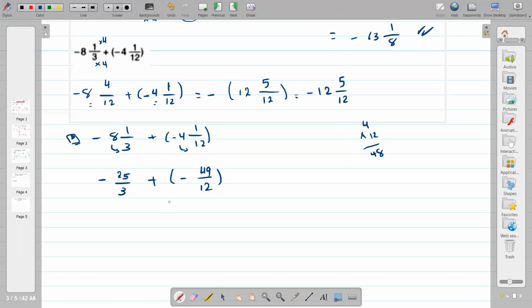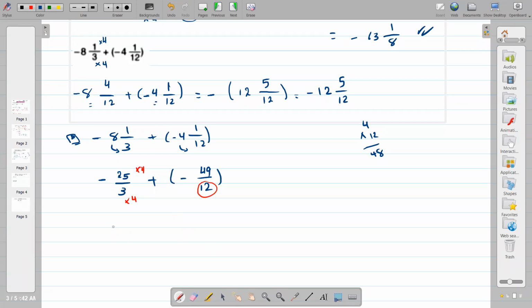Okay? It's better here. If you multiply with the cross method, no problem, but the numbers will be very big. 12 times 25, 3 times 49, very big numbers. It's better here to multiply 3 by 4 to make the same denominator. Okay, multiply by 4. So the result